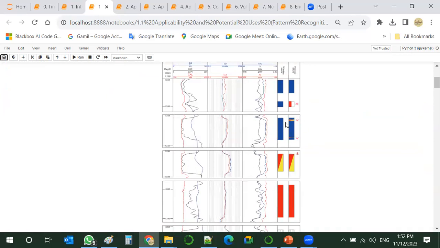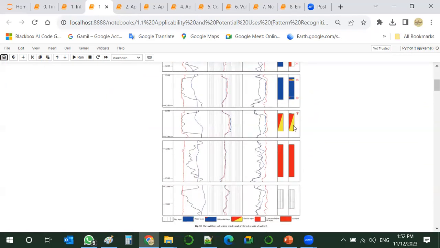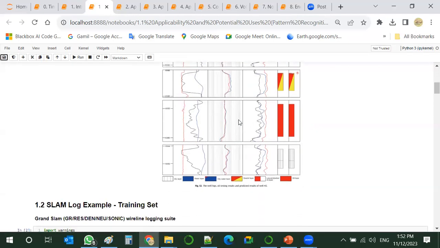So you can see this is a water zone. This is oil and gas, and this is oil. And it's coming from different intervals of the well, but it was put this way just to draw attention that the resistivity of water is much higher than the resistivity of oil, which is a contradiction to physics.